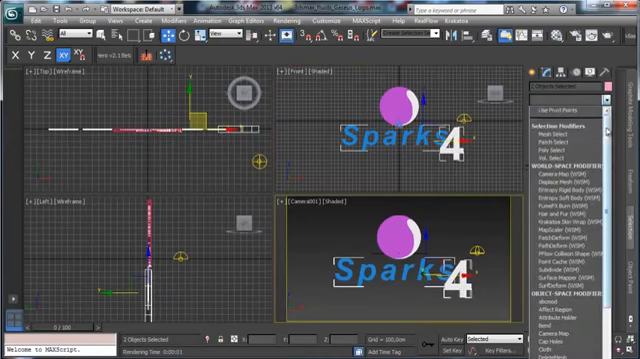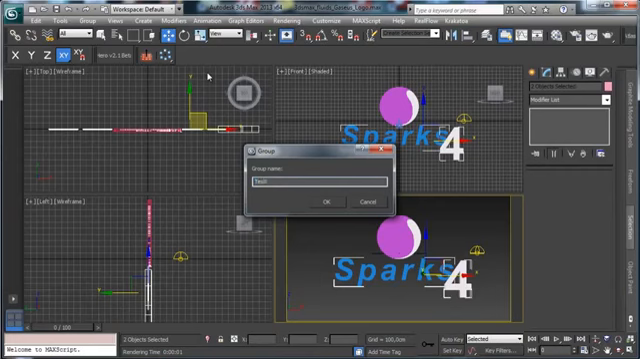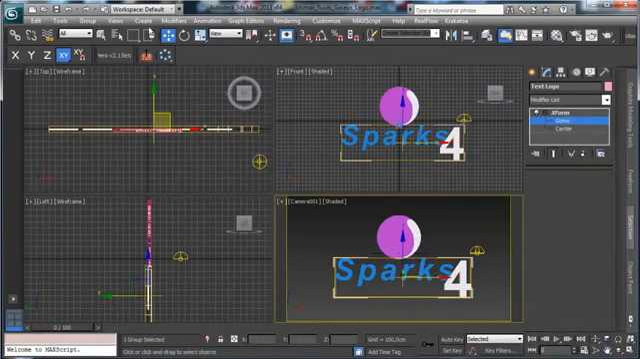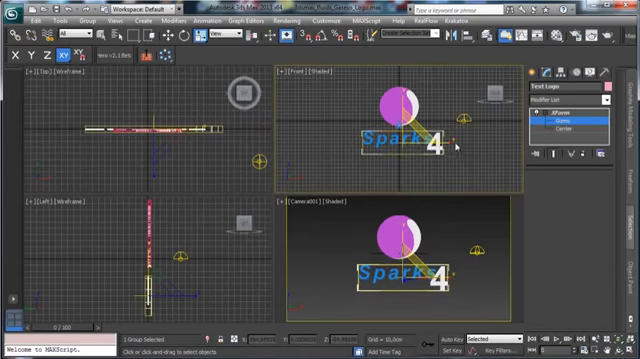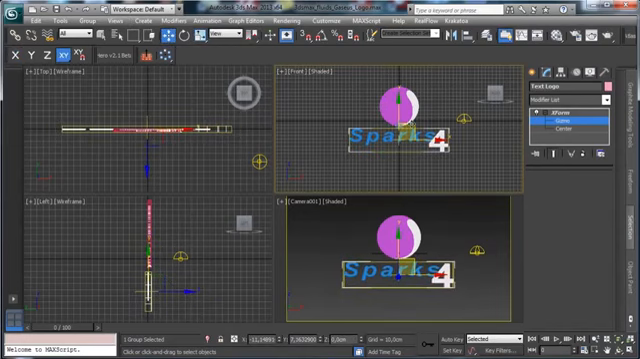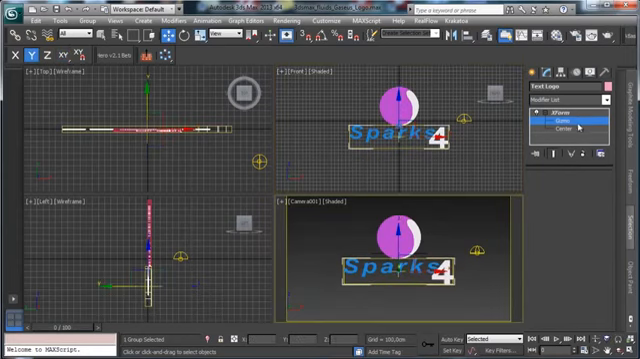So let's select both, and we can create a group, text, logo, and we can create an XForm modifier. Then we pick the gizmo and we start scaling just to have something more interesting. Okay, nice. So now we need to have